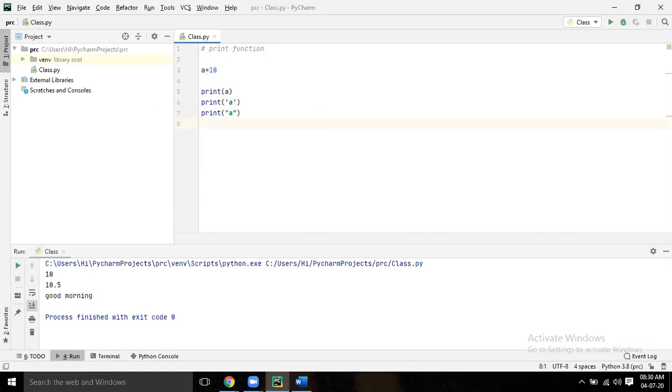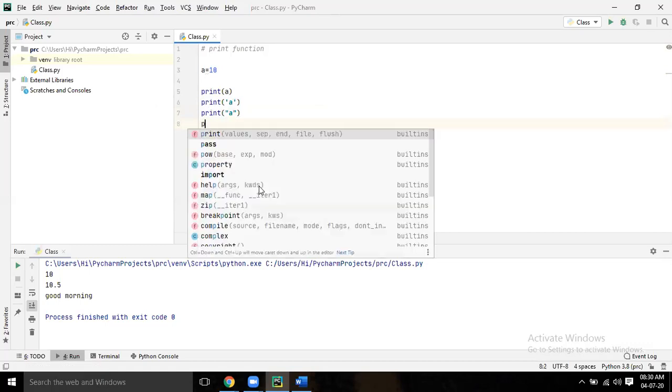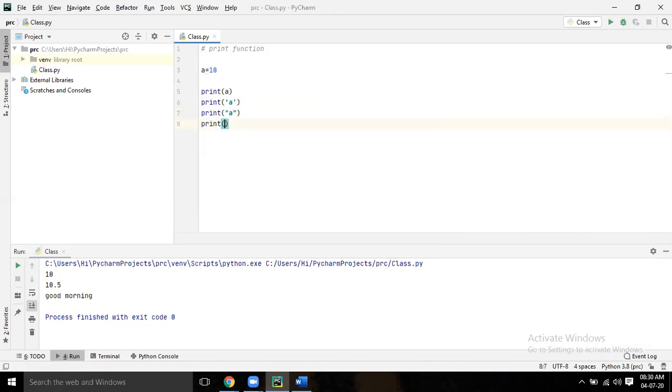Enter. Print, within bracket, within double quote, the value of a is 10. Let it be 10.